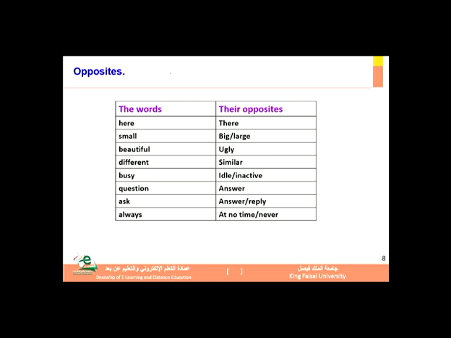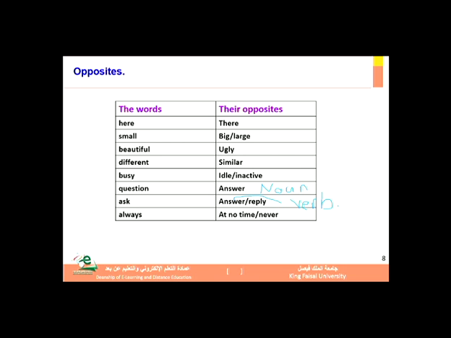Question is basically the opposite of the word answer. So question, su'al, answer, jawab. Now sometimes we have the verb ask, which is to ask a question. يسأل سؤالا. The opposite of the verb is the same word answer, but here the word answer is used as a verb. يسأل يجيب. So answer sometimes can be a verb and can be a noun. In this particular example, the word answer is clearly a noun, while in this example, answer is clearly a verb. Anyway,